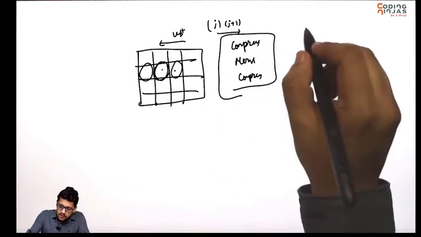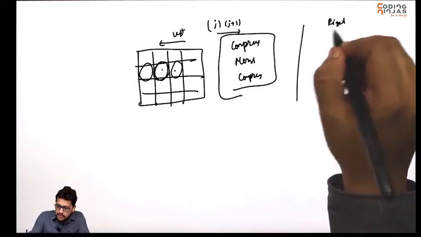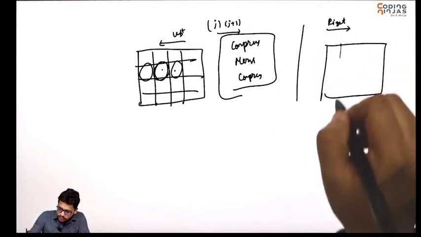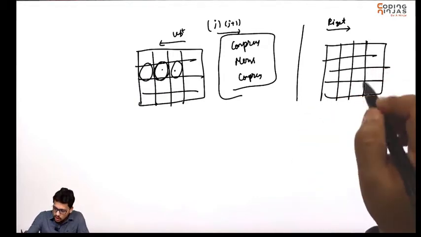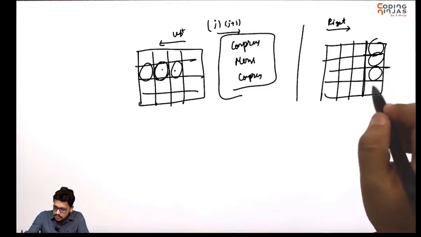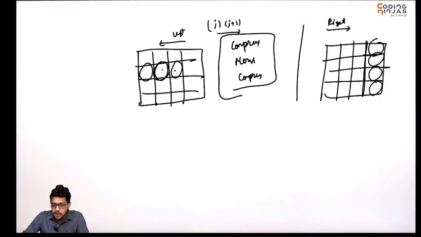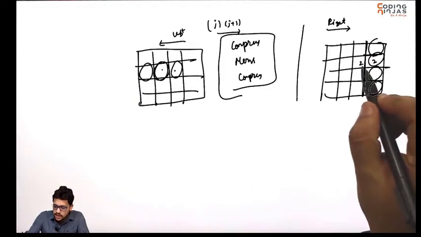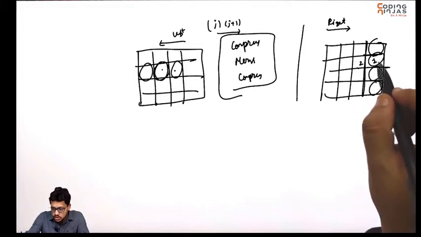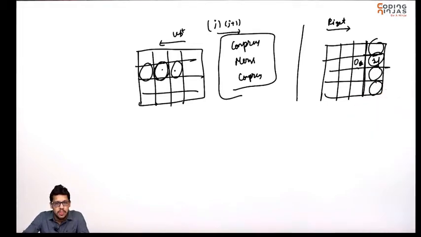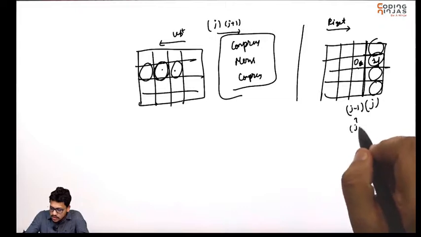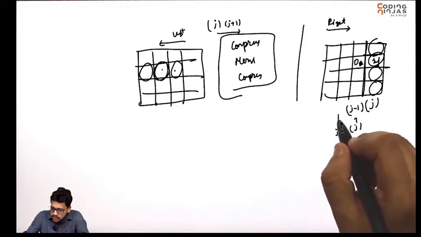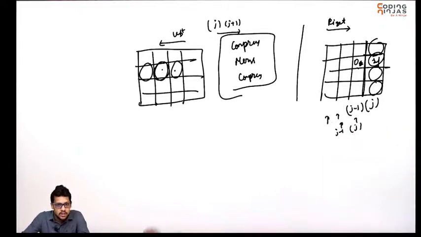Okay. If I talk about right movement, if I want to make a right move, so what will happen in case of right move? I think all of this will remain the same, right? And when you make a right move, here if it is 2, here if it is 2, this 2 and 2 will become 4. So it will become 4, this will become 0. So movement will be like this, right? So this jth will be compared with this jth minus 1. Then this jth will be compared with jth minus 1. And then this jth will be compared with this jth minus 1. This is what will be happening.